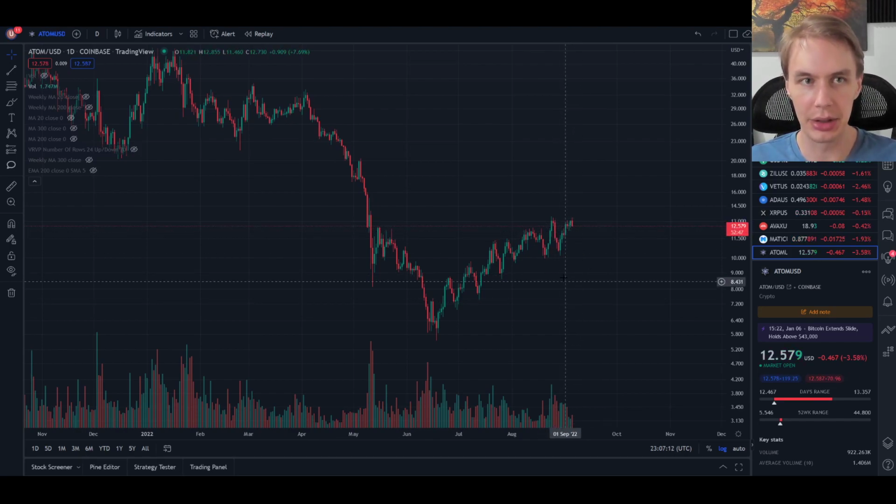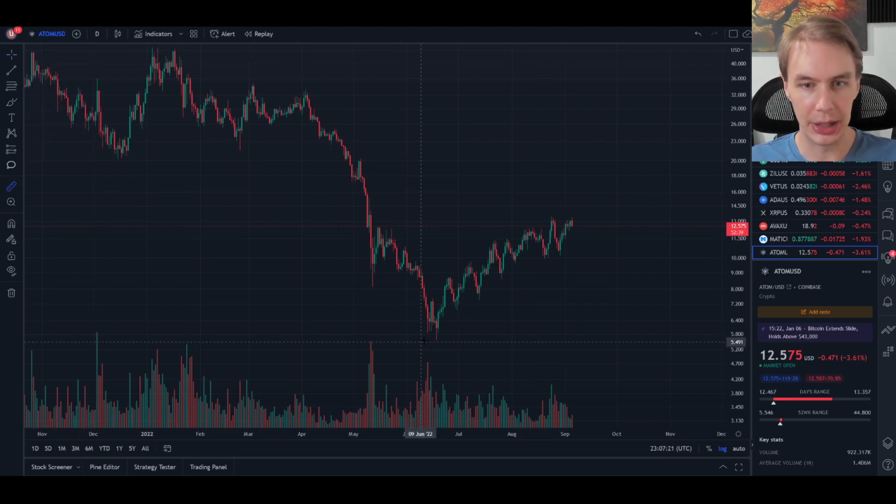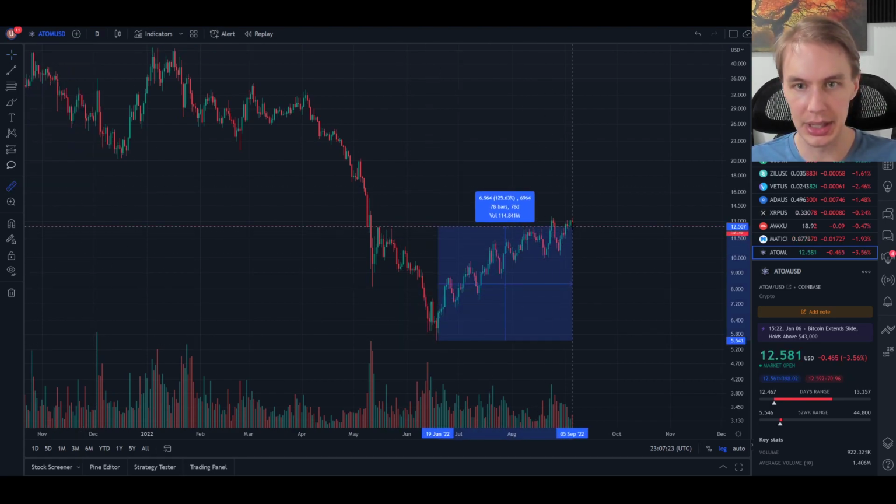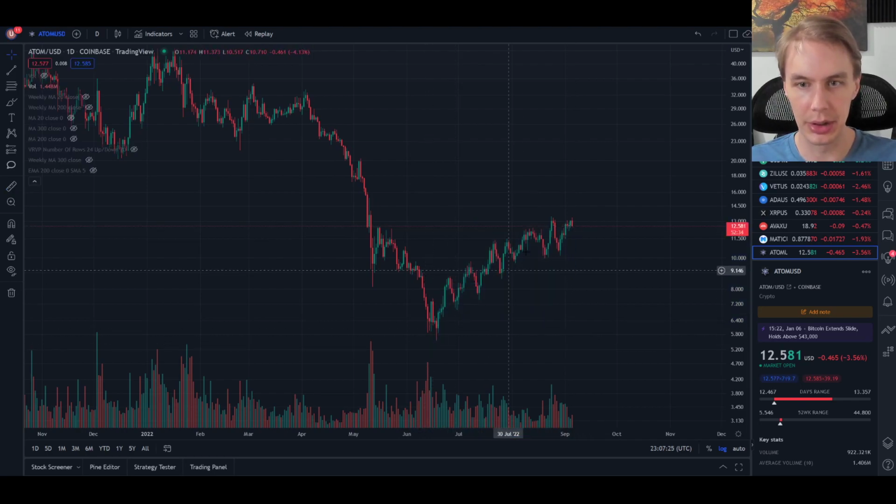Bitcoin's back down, retesting the 19-20K level. Atom has not given up its gains from the lows that it put in back in June. And in fact, we're all the way up about 126% or so from those lows as we speak. So a nice move to the upside. And as I mentioned, this is better than a lot of other crypto assets have done coming out of those local lows. And especially in this current weakness the crypto market's been showing, Atom's been holding up quite well.